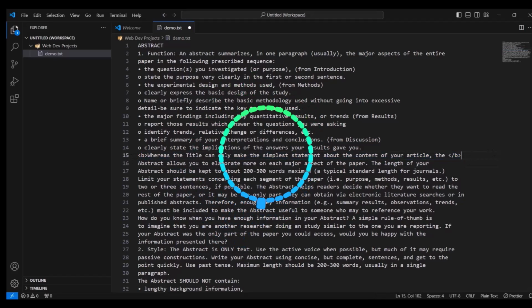And in a real app, you'll have more than one bold element. You'll have paragraphs, lists, images, links, many things which are going to be combined together to create the web page for the user to interact with. Alright, I'm going to end this video here, and I'll see you in the next video.